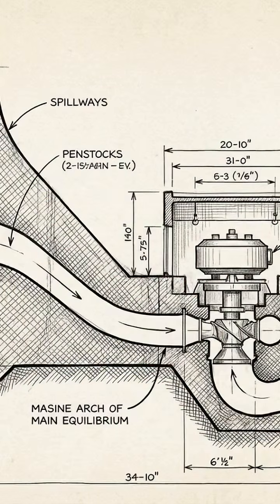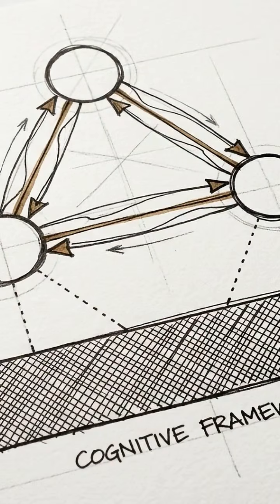For stability, the architecture must make self-correction the natural result of its operation. To achieve this, we can move away from top-down